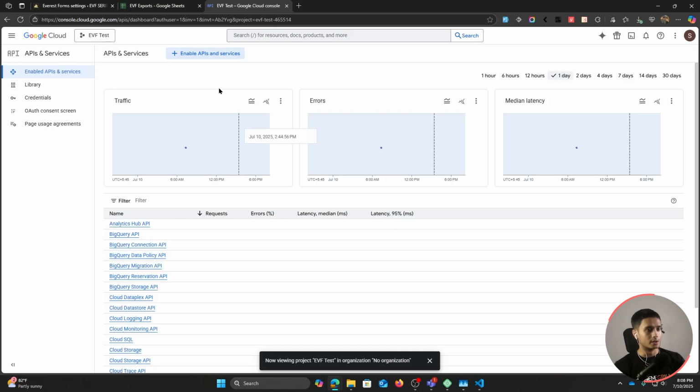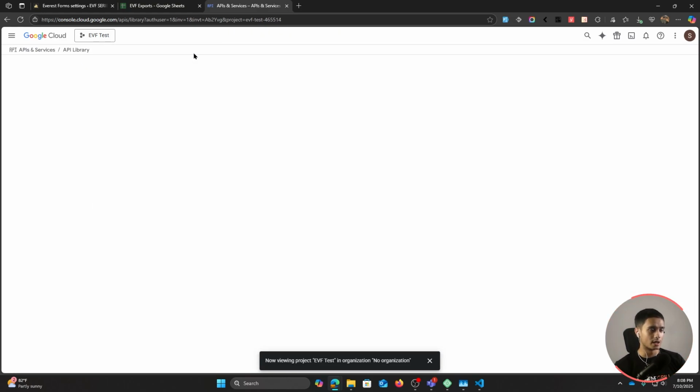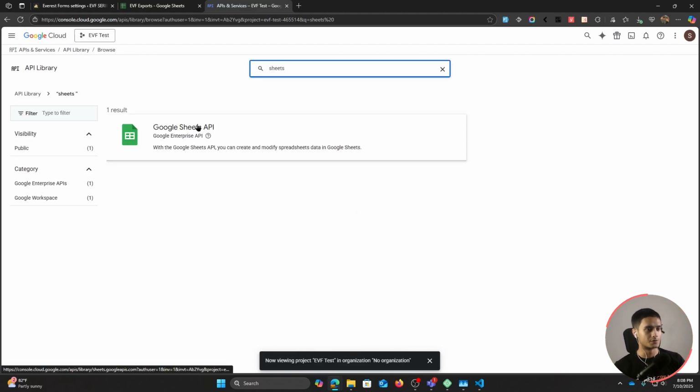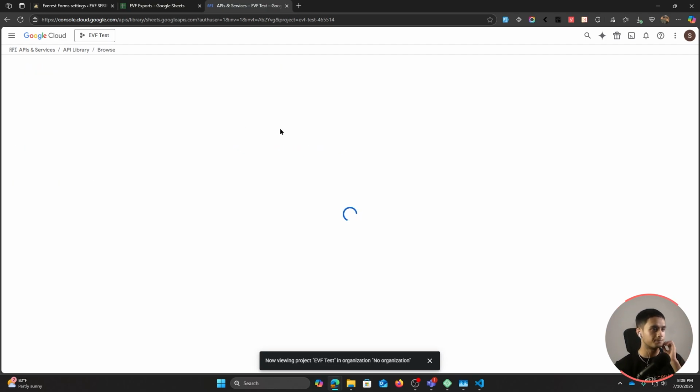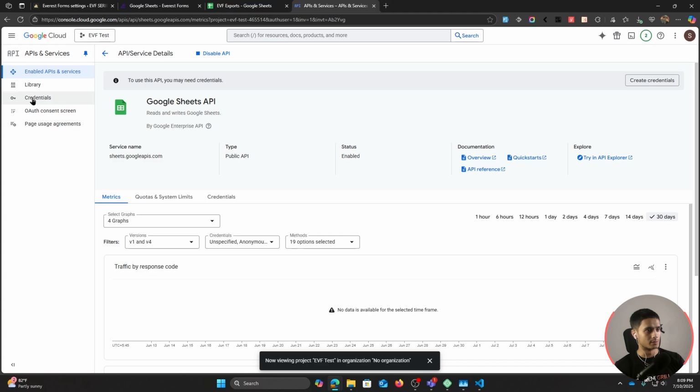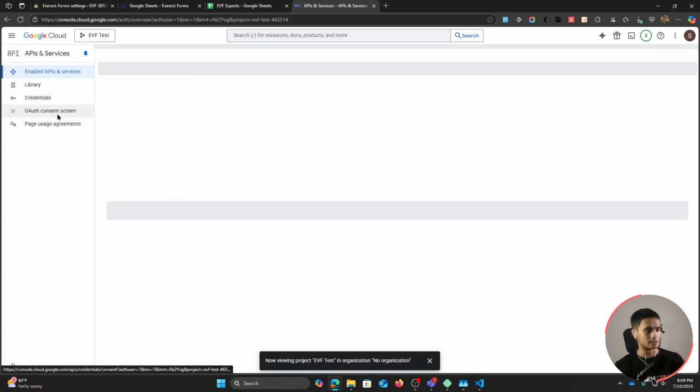And once you're in here, you're gonna have to enable a certain API, and the API that we're enabling is going to be Google Sheets API. So simply type in Sheets and search for it, and you'll see Google Sheets API. Simply go ahead and enable it. So there it is. Once the API has been enabled, you can simply go within OAuth consent screen, and from